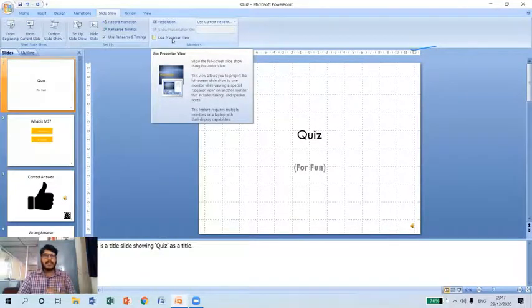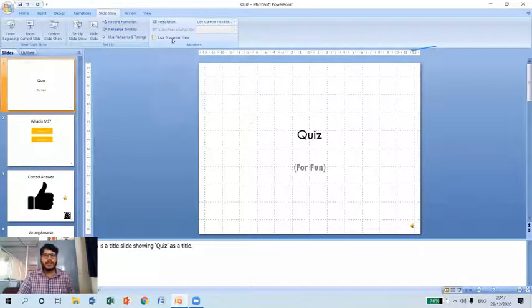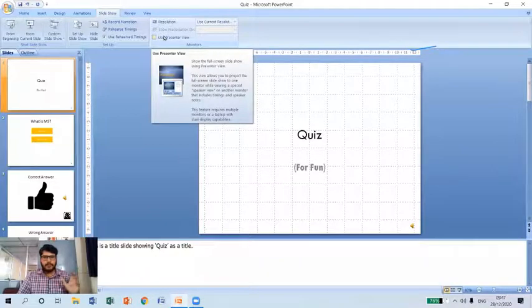This presenter view is entirely different from the custom slideshow. It will show the full screen slideshow using a presenter view, but this view allows you to project the full screen slideshow to one monitor while the user can view only the speaker view on another monitor.